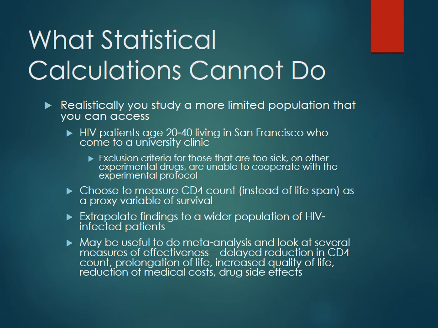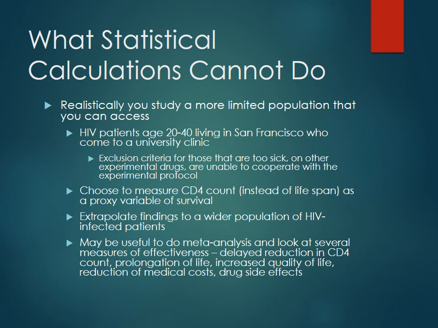Other things you're going to look at, like surrogate measures, would be, for HIV patients, looking at CD4 counts, right? Because that's usually a pretty good surrogate to determine their disease progression and how likely they are to survive. So obviously, the higher the CD4 counts, the better. And then again, you're using that data to extrapolate out to a larger population, which may or may not work.